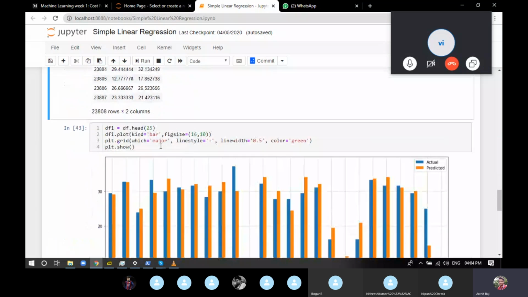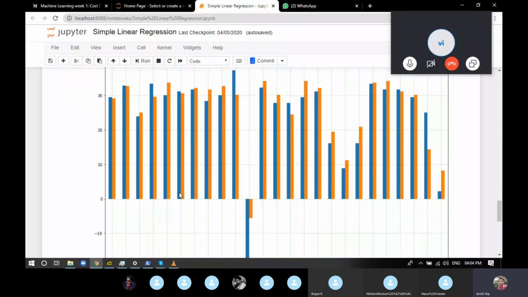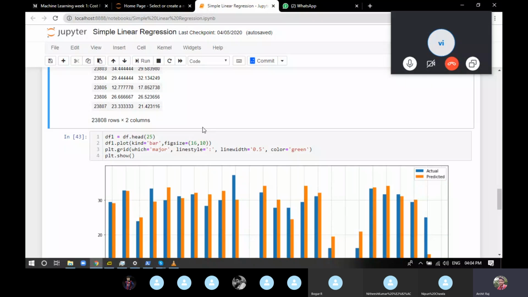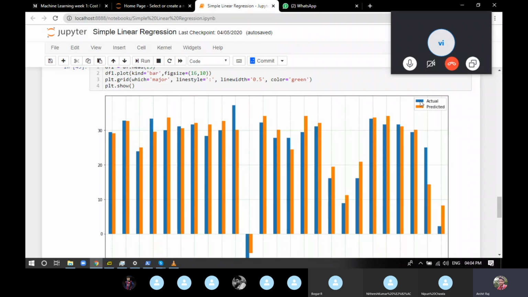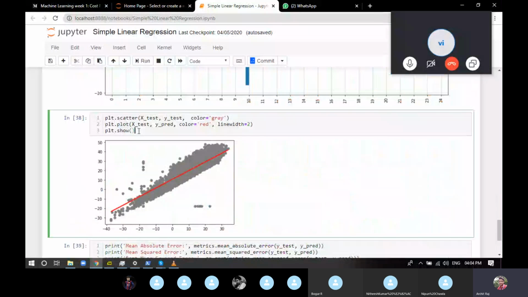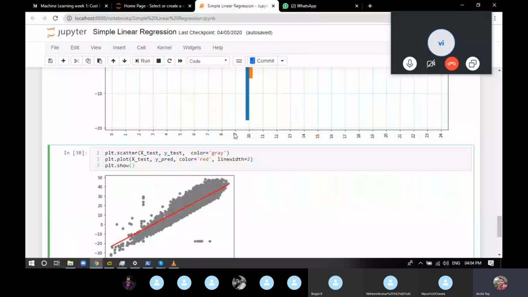Now instead of looking at the data, we can just make a diagram using a graph. So we plotted the graph which shows blue as the actual and yellow as the predicted one. You can see there are small errors. If it were accurate, both the lines would be completely equal, but they are not because it's a model, so it cannot be completely accurate. Now this is the representation.